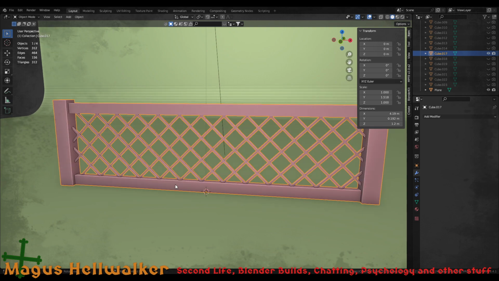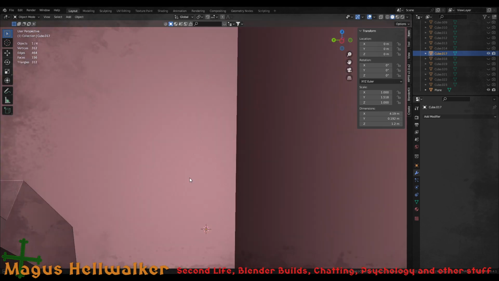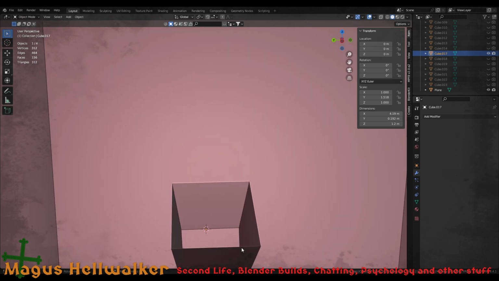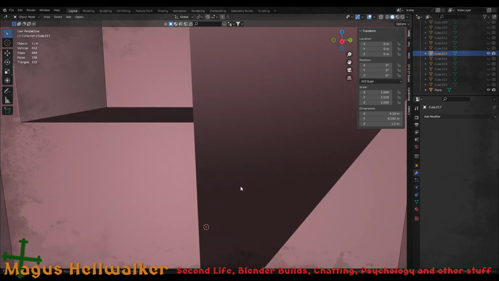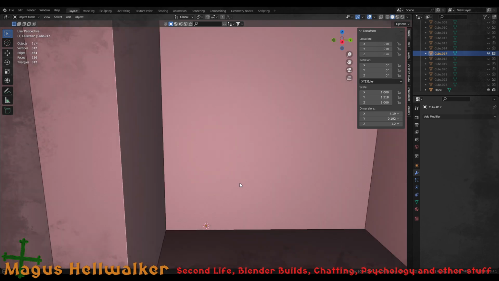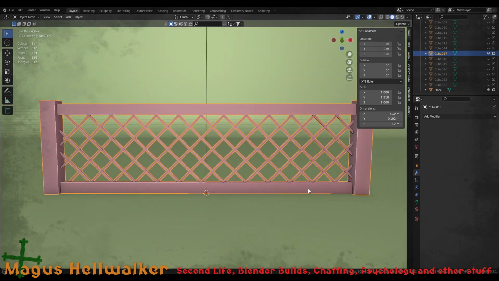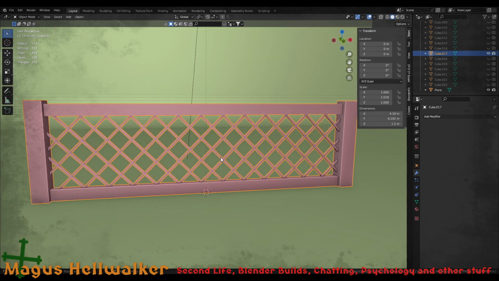Then I thought, right, I'm going to go the full hog and add a boolean to this so that all the mesh basically interacts with itself, so there aren't any. See if I can get in here. Right, so see this? I don't know whether we can go in there. So yeah, there we go. So anyway, I did that on there, and I managed to get this down to 1 land impact with a